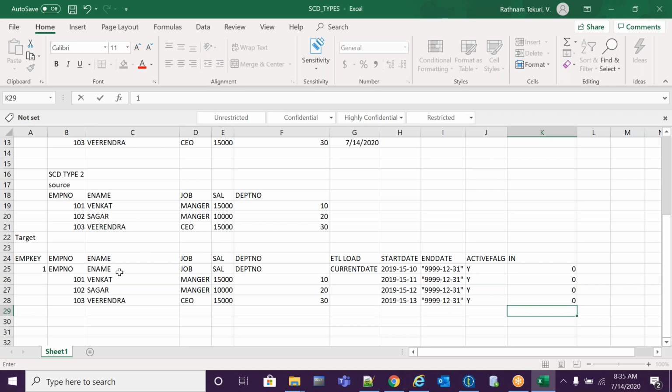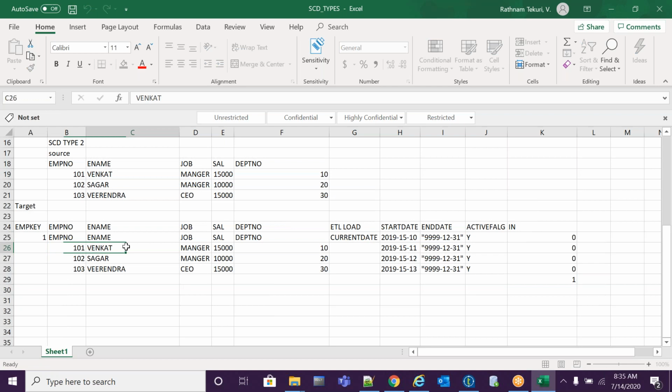Okay, we'll see how it will update. 101, Venkat, manager. Same thing, it will keep the salary the same and the start date the same. Only the end date will change with the current date. Suppose current date is 2020, 7/14. The active flag is not active because the value is changed from manager to CEO in my source.